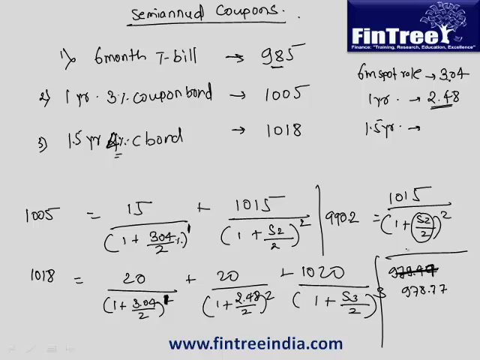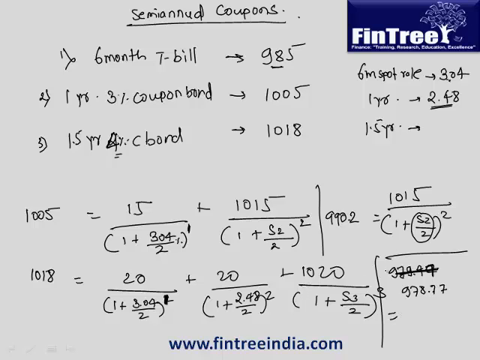Can we check? RCL1? 19.01. What is the RCL2? Same for all of you? Same? Okay. So then 1018 minus RCL1 minus RCL2. How much? 978.77